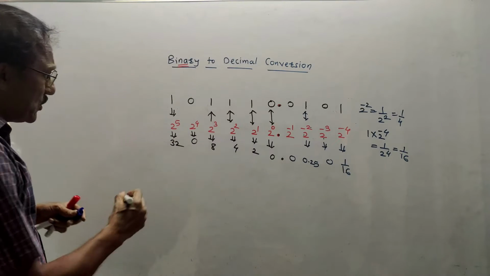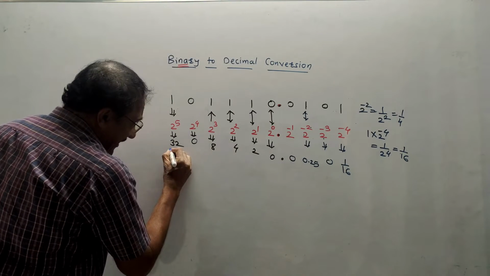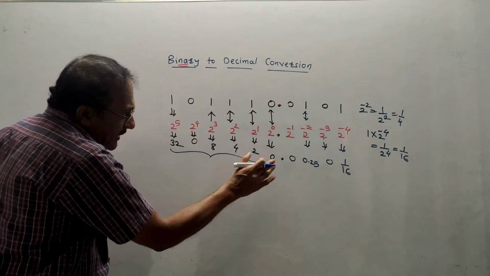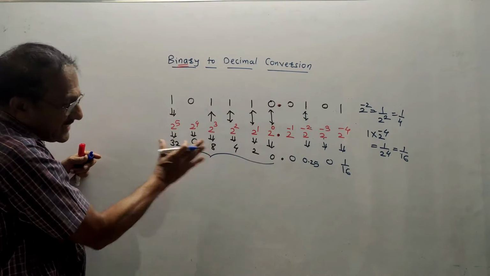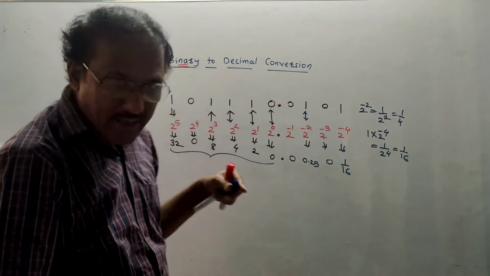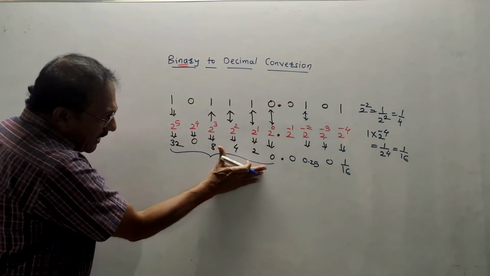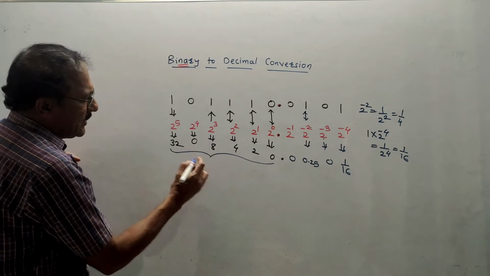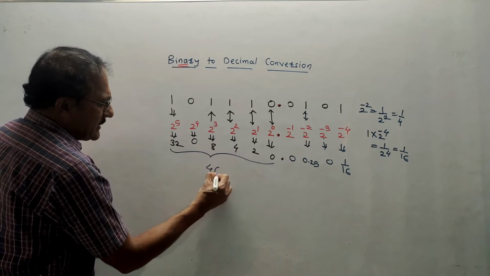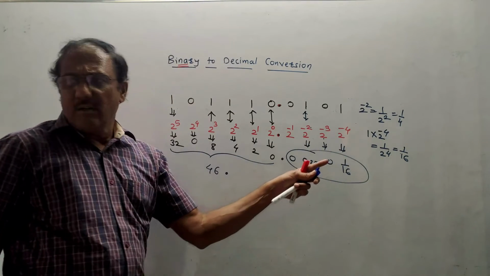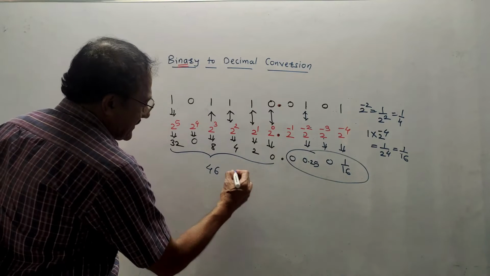Now, what you are supposed to do is add all the values you got after multiplying, the values before the decimal point. So this represents the integer part. Keep in mind, integer part and fractional part should be calculated separately. So I am talking about the integer part. Add all these values. So it becomes 46 point. Again, add all these values. You can make use of the calculator. So this answer will be